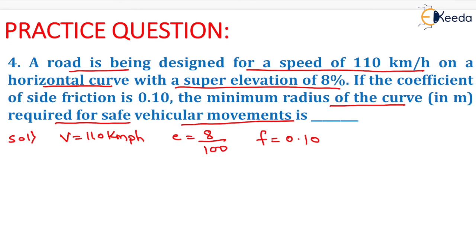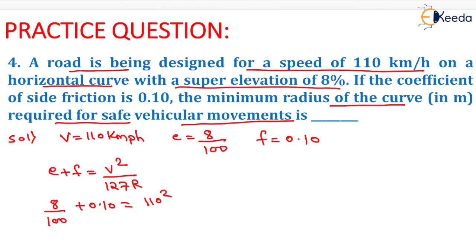Now we know the formula of superelevation, which will be e plus f is equal to V square upon 127R. On putting the value of e as 8 by 100, f as 0.10, V as 110, upon 127R. On solving this, we will get the value of minimum radius of curve equal to 529.3 meters. That will be the final answer of this